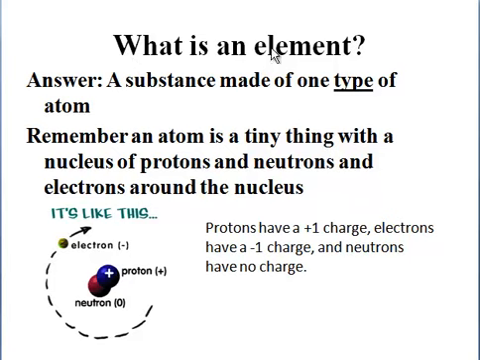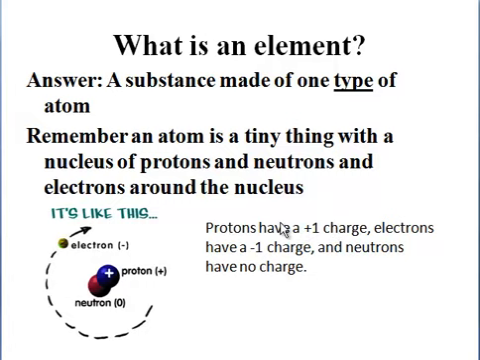Alright, what is an element? An element is a substance made of one type of atom. Now, for this sentence to make sense, we have to talk about what we mean by type. If we remember that an atom is a tiny thing with a nucleus of protons and neutrons, and that electrons are around the nucleus,